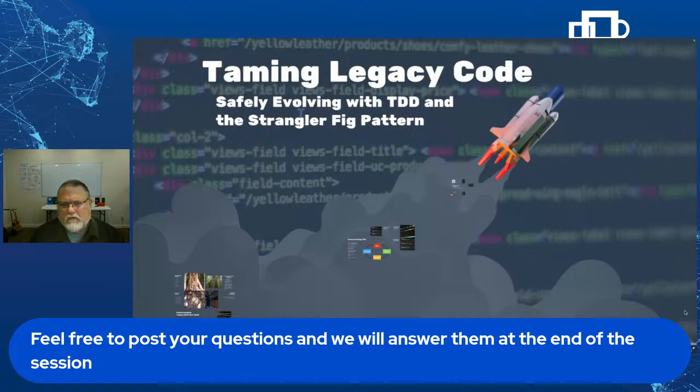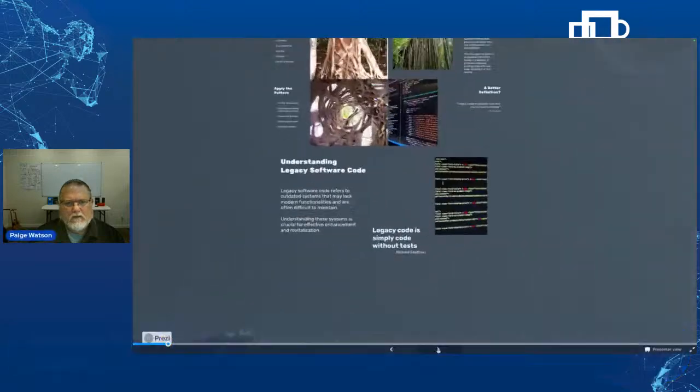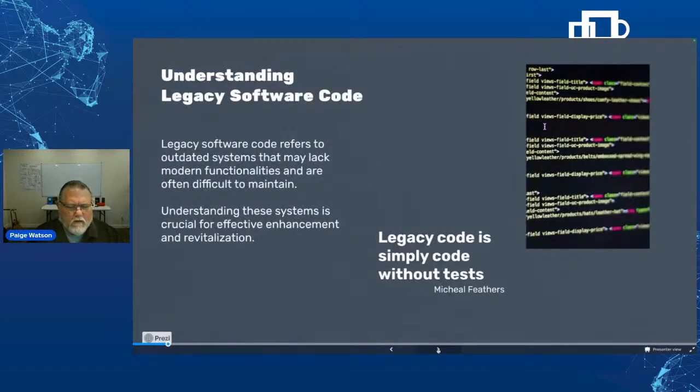But first, let's talk a little about legacy code. Michael Feathers describes legacy code as code without tests. And a lot of times this is correct. A lot of the legacy code bases, we don't have a good, strong testing framework around it. It's working. It's in production. It's making money for the company. So we know it works, but it doesn't necessarily have an automated test framework or tests that run as we make